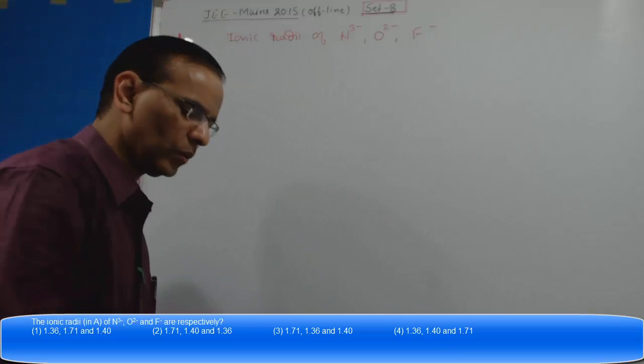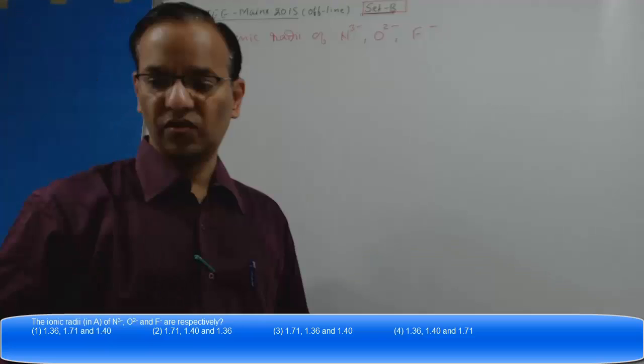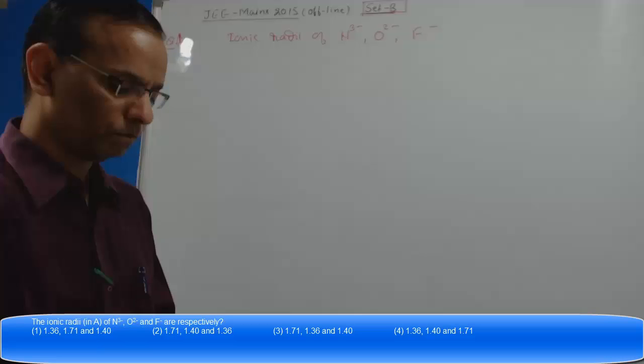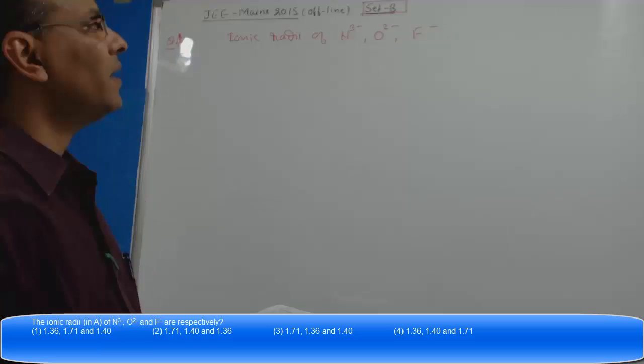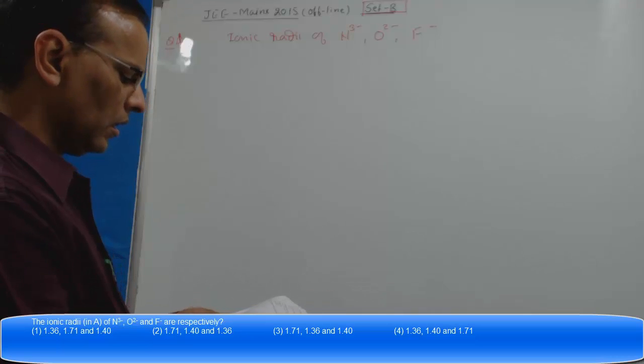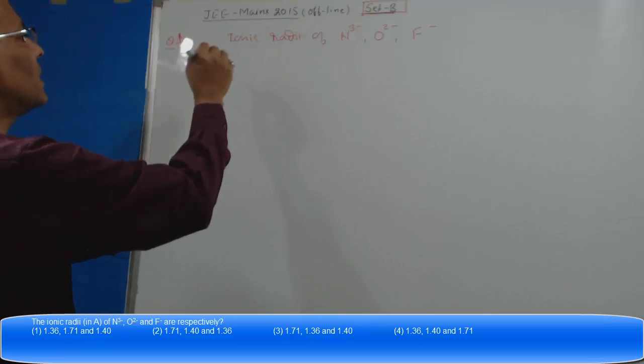We have to make a prediction about the radius of these three. Let me write the options also. The options are